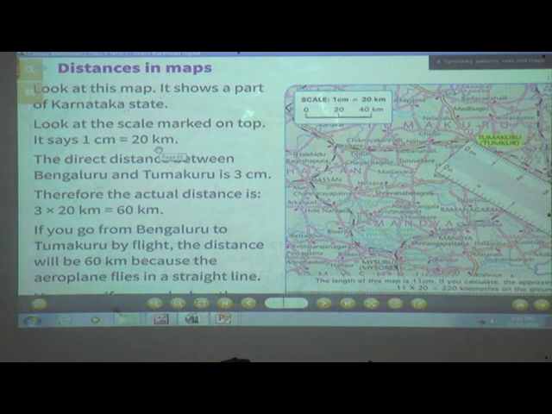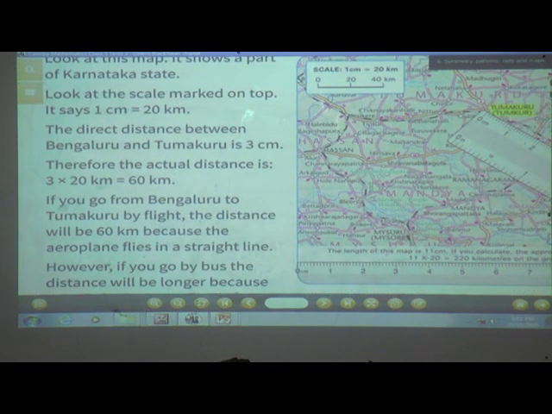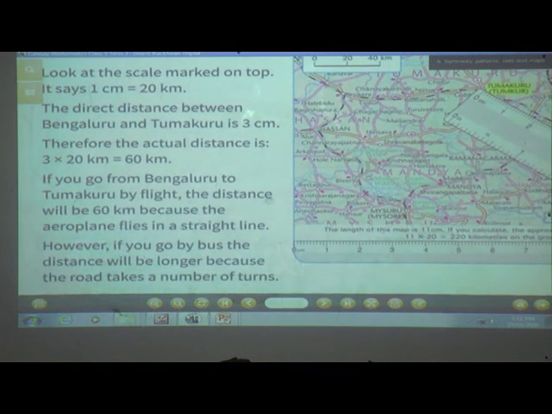Okay, all of you understood now how to calculate? If you go from Bengaluru to Tumakuru by flight, the distance will be 60 kilometers because the aeroplane flies in a straight line. However, if you go by bus, the distance will be longer because the road takes a number of turns. See here,